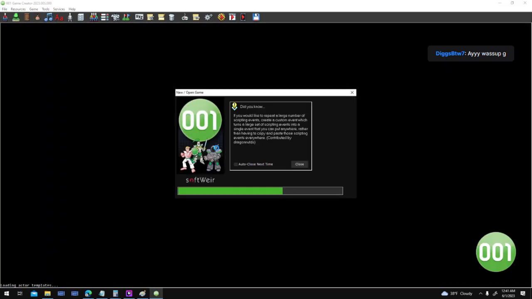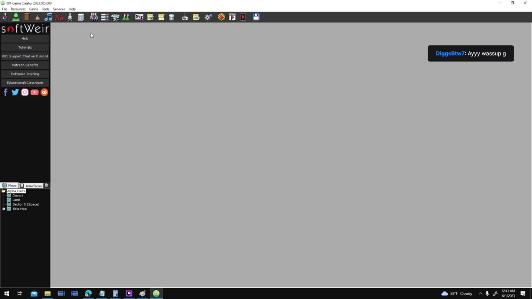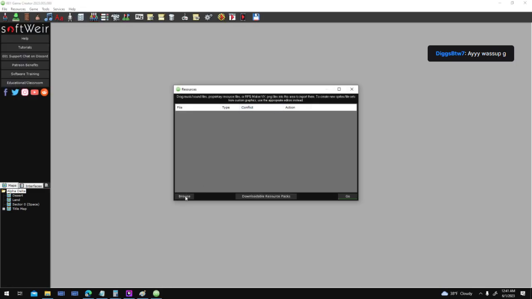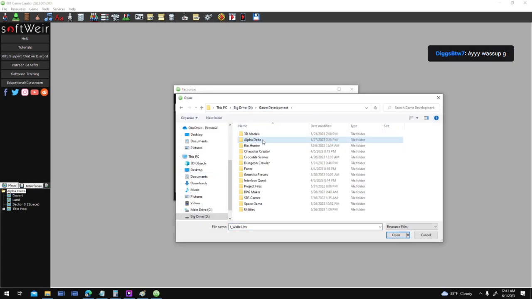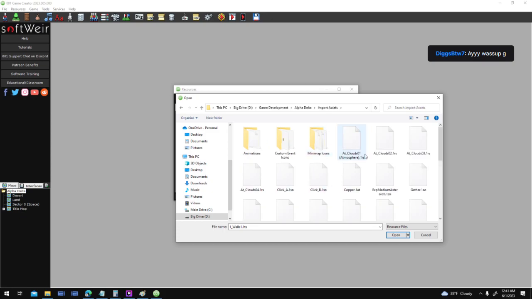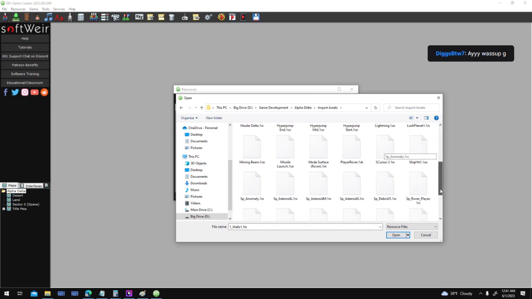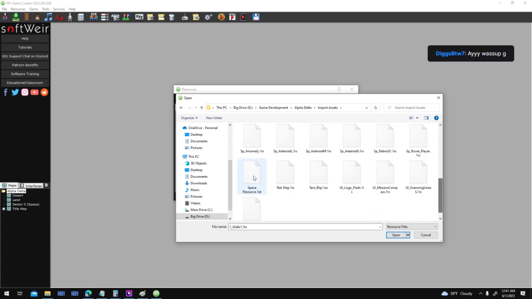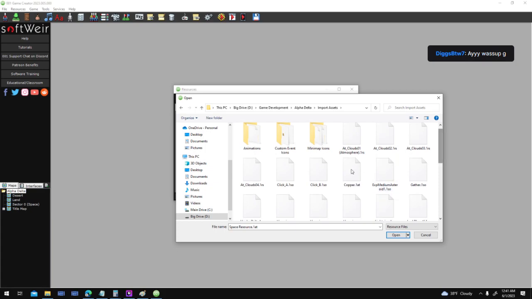Go back into my project here and use the importer to import my resource, space resource AT and copper AT. So 1AT,